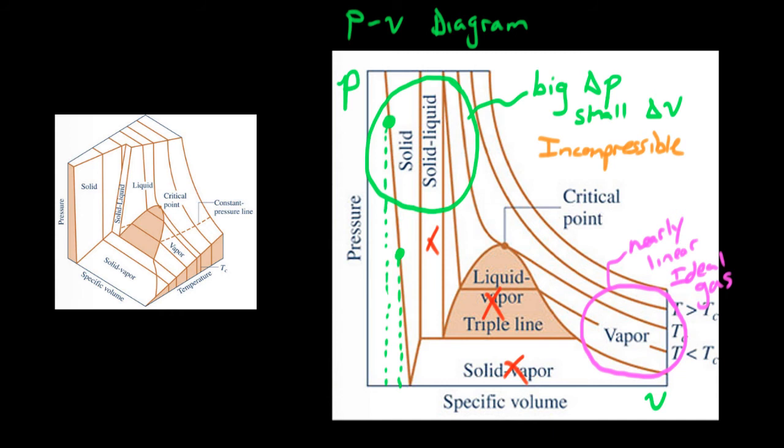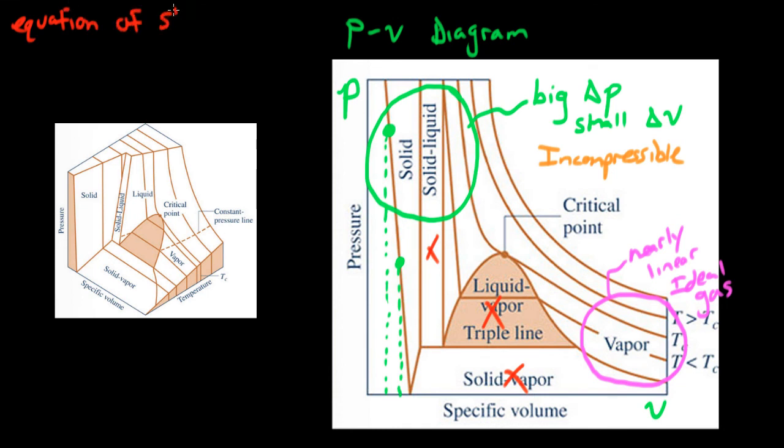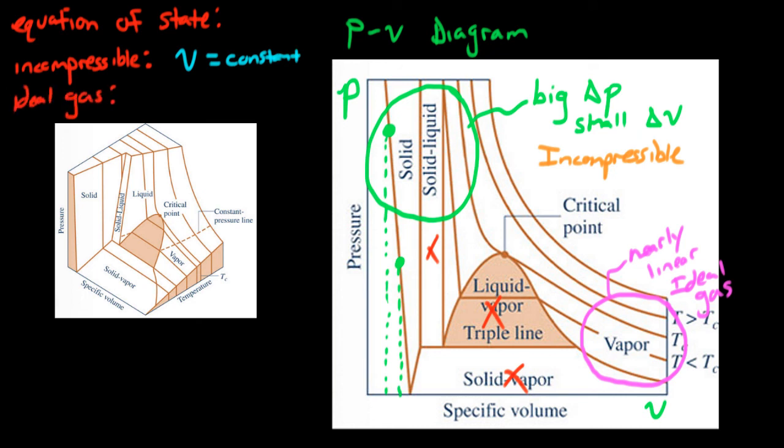In the incompressible and ideal gas regions, it turns out that we can actually write an equation of state that relates the pressure, specific volume, and temperature. For incompressible, the equation of state is very simple. It's just that the specific volume is constant. For an ideal gas, out in the vapor region, we have an equation of state that says that the pressure times the specific volume is equal to the gas constant times the temperature. We'll be working with a lot of substances from these two regions and using these two equations of state to analyze the systems throughout the remainder of this